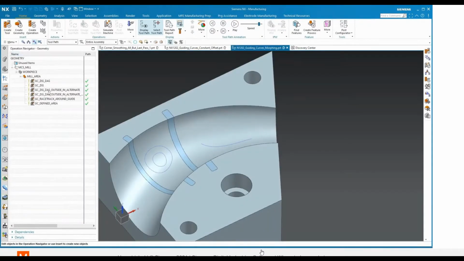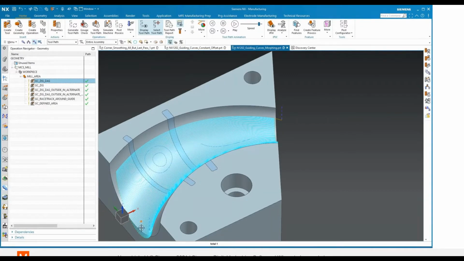Now we're going to look at another use for the guiding curves command. We just looked at offset, which when it ran out on an edge, just rapided back to the beginning again. Now we're going to look at morphing, where we want to start with a smooth pass on one edge and then finish with a smooth path on the other edge, and we'll vary the offset in order to maintain that smooth toolpath that we're looking for.